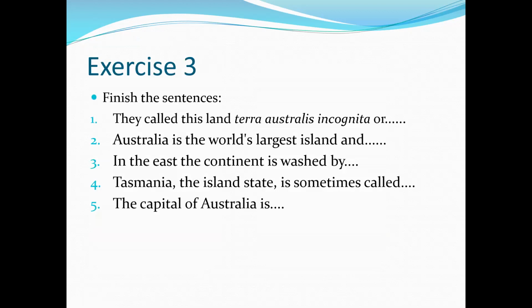The next exercise is to finish the sentences. They call this land Terra Australis Incognita, or Australia is the world's largest island, and in the east the continent is washed by Tasmania. The island state is sometimes called how, and the capital of Australia is